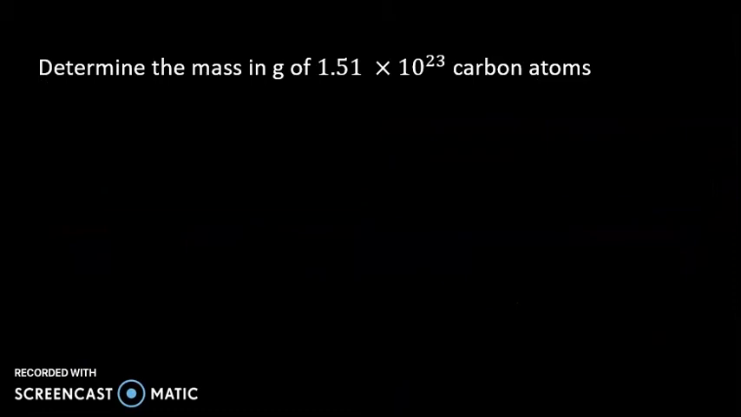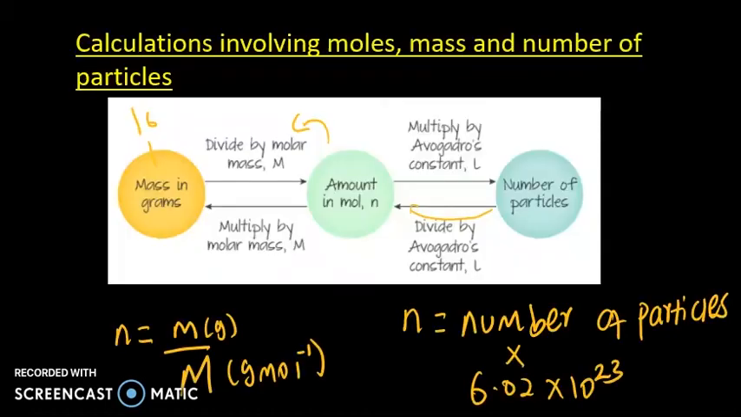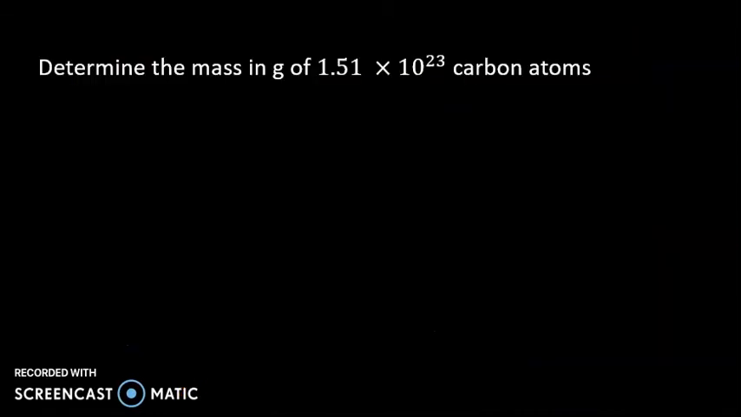The second question says, determine the mass in gram of 1.51 times 10 to the power 23 carbon atoms. So here I've given you the number of carbon atoms. So you have to take from the right to left routes. So first find the mole by dividing the number of particles by the Avogadro constant, and then after finding the mole, to find the mass, multiply it by molar mass. So our first step is divide the number of carbon atoms by 6.02 times 10 to the power 23 to find